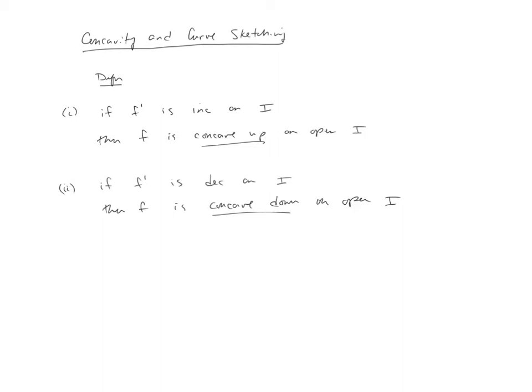And I have the definitions up on the screen. If f prime is increasing on interval I, then f is concave up on that open interval I. Similarly, if f prime is decreasing on I, then f is concave down. Now, what's interesting about this is you probably need to take a step back a little bit and think what we're talking about. If the first derivative is increasing, in the last section we were talking about the function increasing